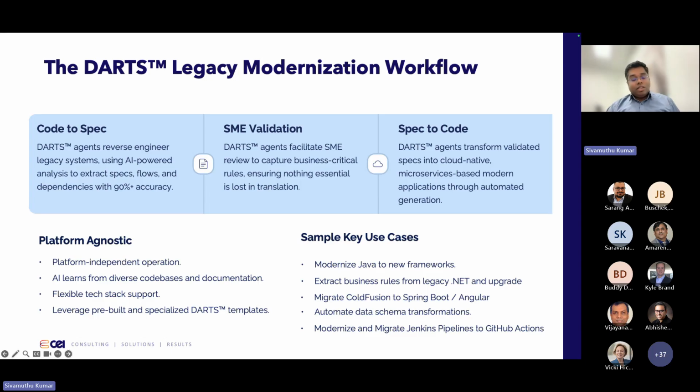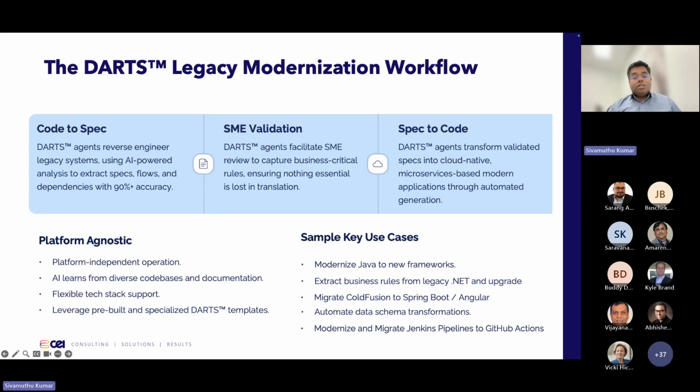So the DARTS agent reverse engineers the code base, whether it's .NET, Java, ColdFusion, Dynamics, or some database related stuff. It can extract business logic, data models, dependencies, architecture patterns, and compliance gaps, and turn that into modernization-ready specification.